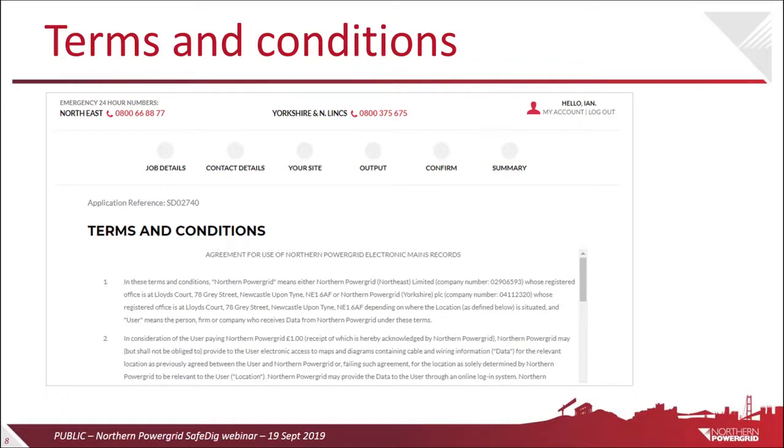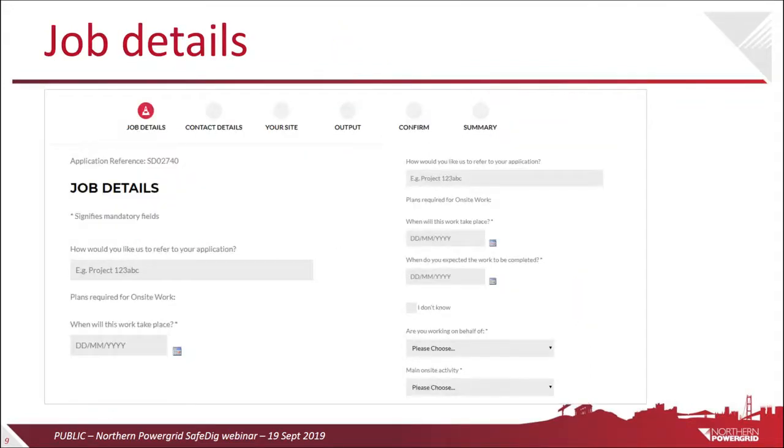There are caveats associated with using our system. Again, the terms and conditions, like when you sign up to a lot of different websites, there are standard terms and conditions associated with using the data and the application that we actually have. Once you tick to confirm that you understand those terms and conditions, you then move on to setting up job